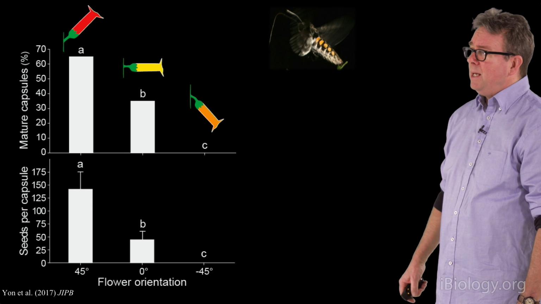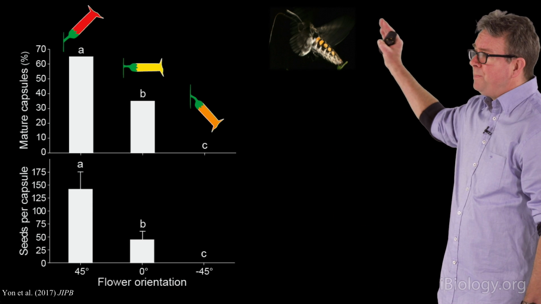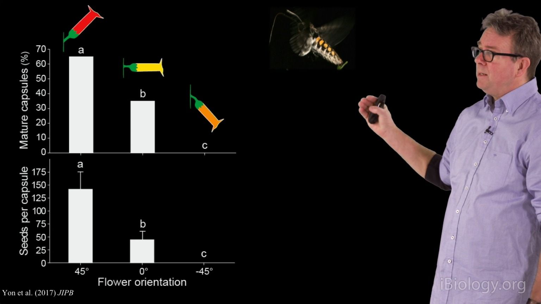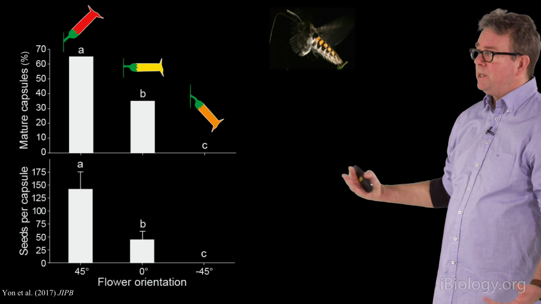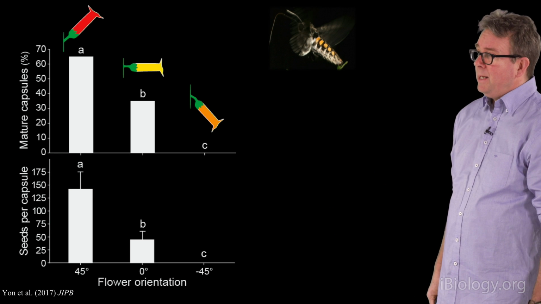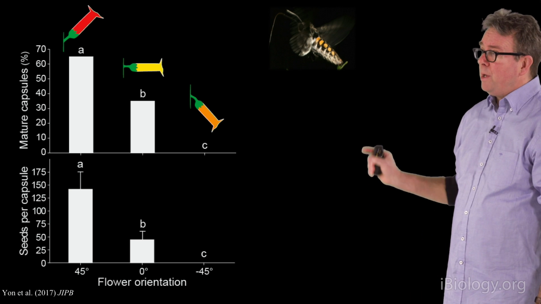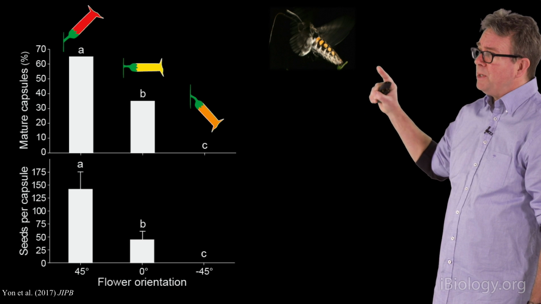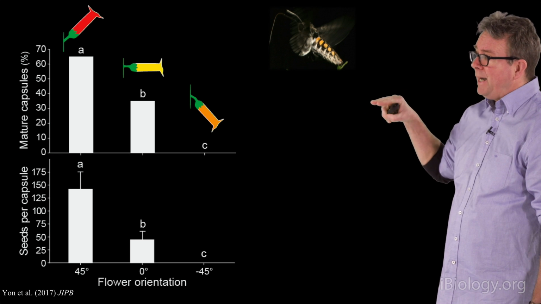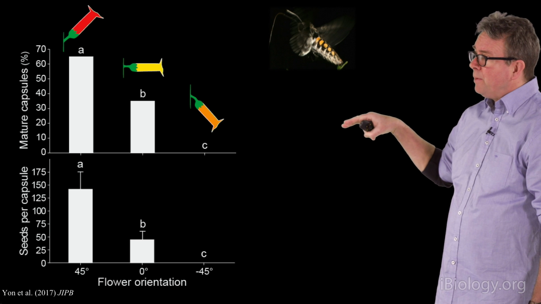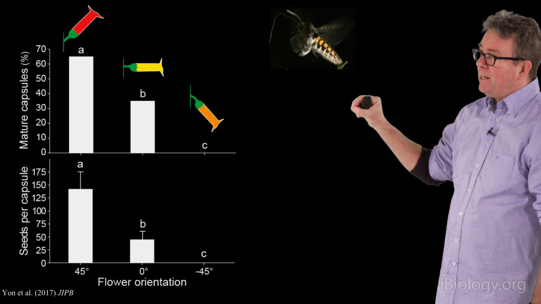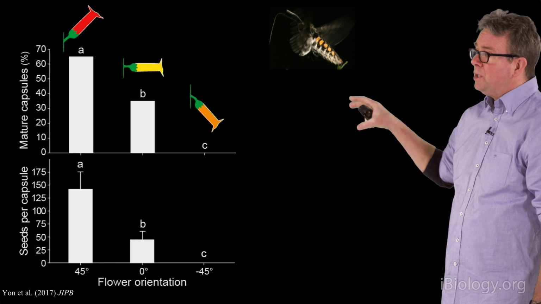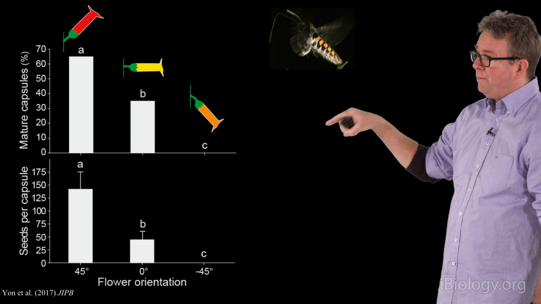And as you can see, if the flowers are in their upward position, the hawk moth is able to pollinate and access the flowers, and the flower will be able to mature seeds and capsules as it normally would. Now, I told you in part 1 that the hawk moth uses the sensory sensilla on the end of that very long proboscis you can see right here to find its way into the flower using the floral scent that not only acts as a long distance attractant, but also a very short distance cue that allows the moth to find the hole of the flower.